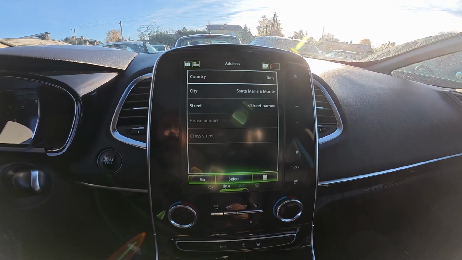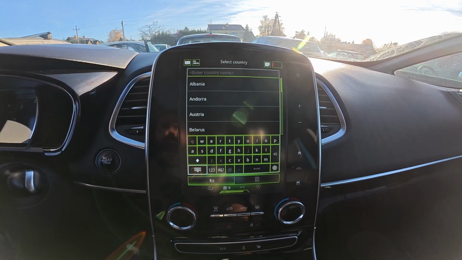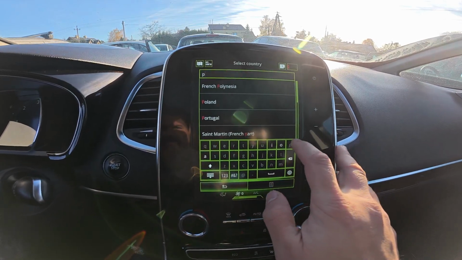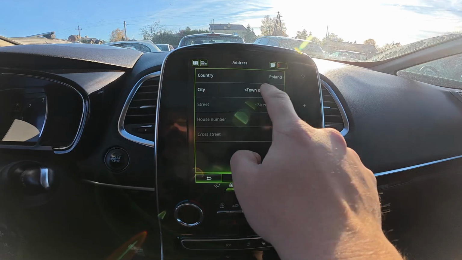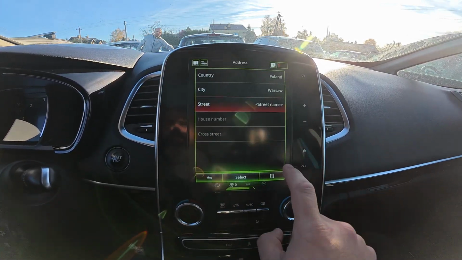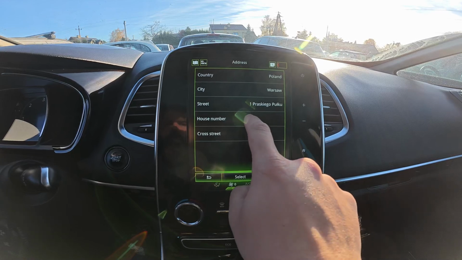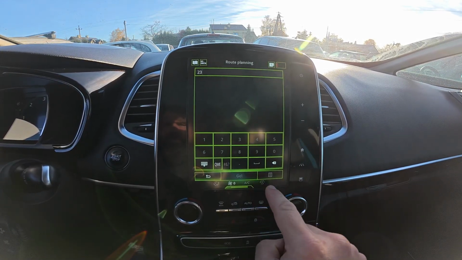Let's select address and now enter country. Enter city and street name. Then enter house number. Select